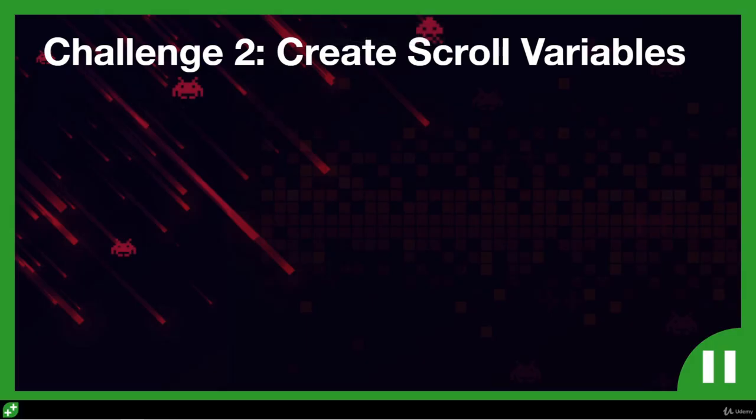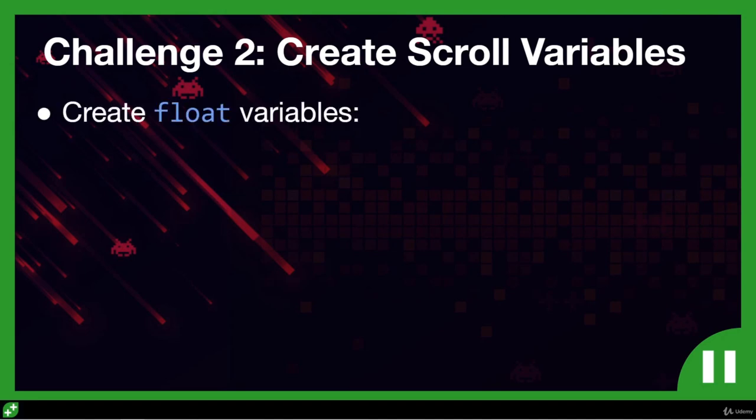So now for your second challenge. We now have Texture2Ds midground and foreground, and we're going to want to scroll these to the left once we start drawing them to the screen. So we're going to create some float variables for the X position of the midground and foreground textures. Create a float called MGX for the X position of the midground, and a float called FGX for the X position of the foreground. You're going to update these inside the while loop just like we did with our background